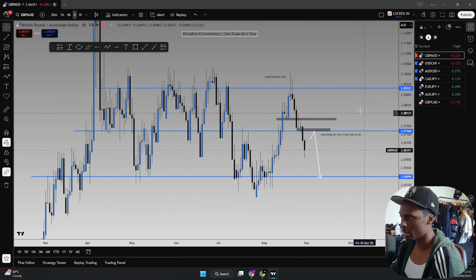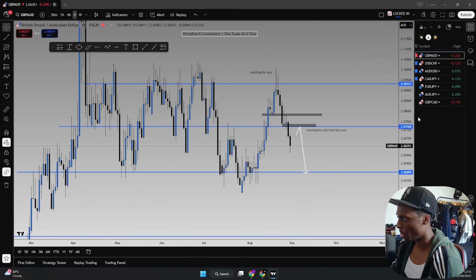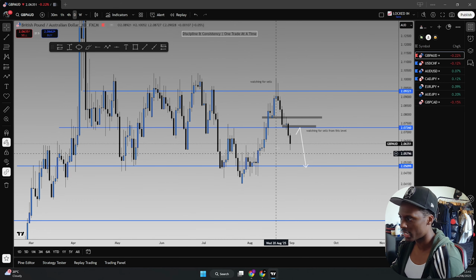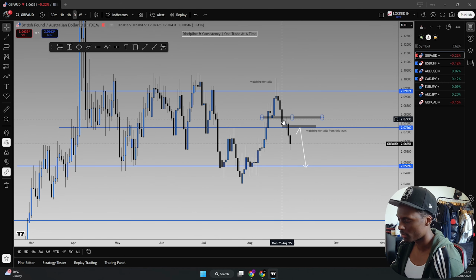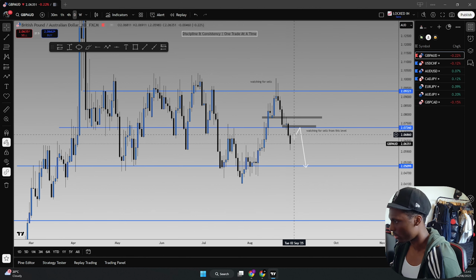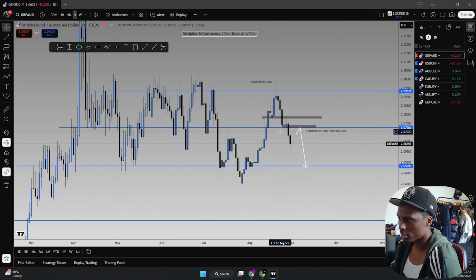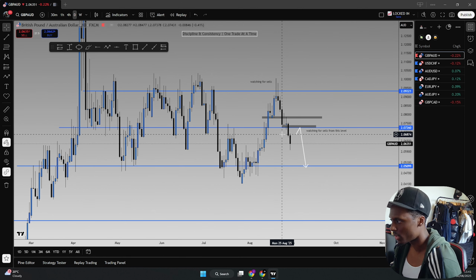So now we go to the daily and we're following from that. On the daily, you can see again the range from the weekly following on to the daily, just in a bigger view, zoomed in. So now we want to look at how we can capitalize off that bearish move. All right, so